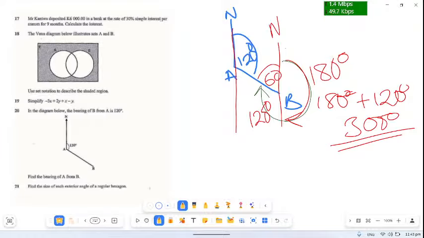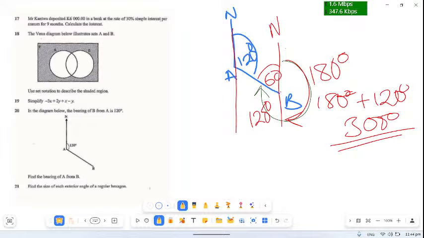So the bearing of A from B is 300. Okay, we go to question 21, but before we go to question 21, there is another method that you can use. The other method that we can use is using angles on a point, which means angles on a point add up to